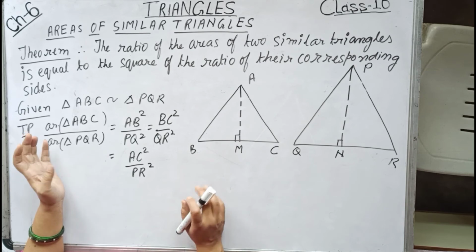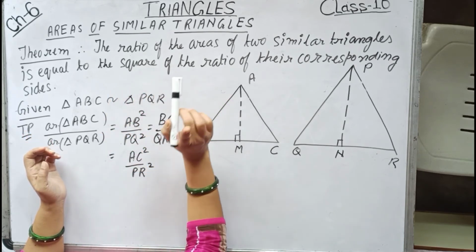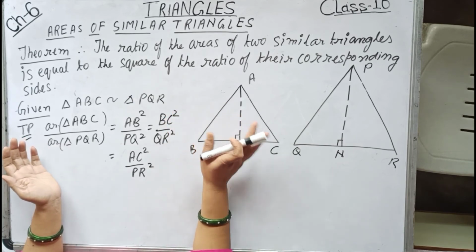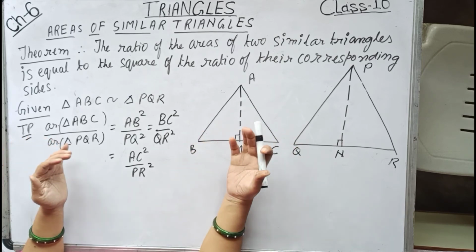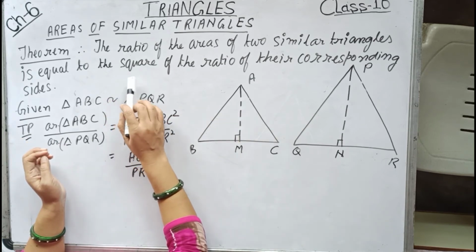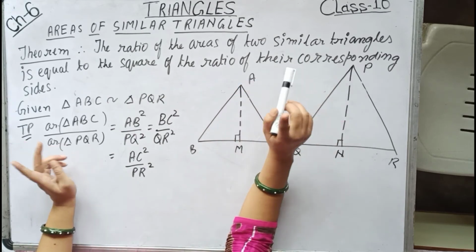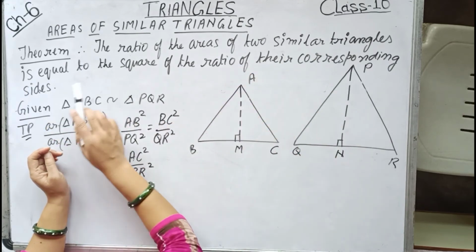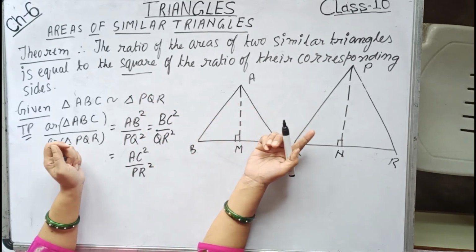So pay attention children. The theorem says that the ratio of areas, take care, areas. And what is the area of a triangle we have done? Area equals half base into height, which we will be using over here. Obviously area we have done by Heron's formula and some other formulas as well, but here half base into height, keep in mind. So what the theorem is saying, the ratio of the areas of two similar triangles, take care, two triangles are given to be similar. The ratio of the areas of two similar triangles is equal to the square of the ratio of their corresponding